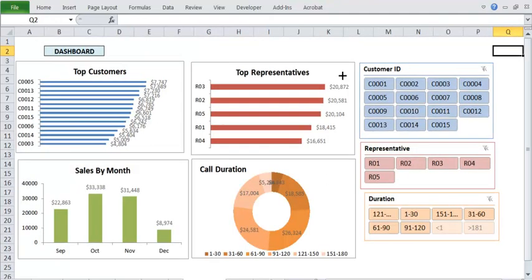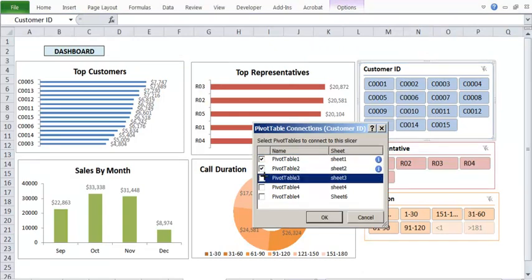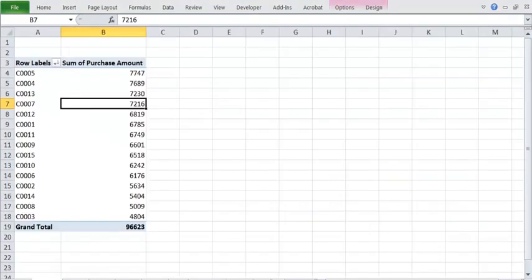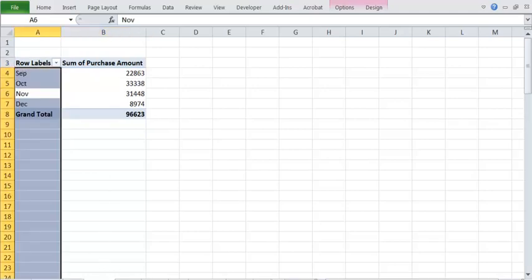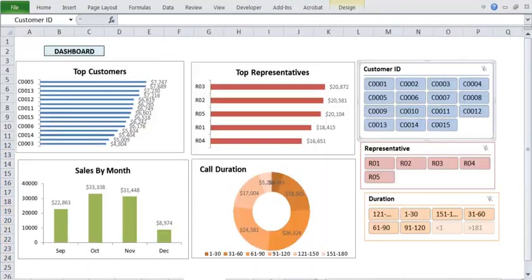What I have done is, in this I have connected all the slicers. See here, this option, pivot table connection, I had connected all this. Okay. Note that because I am using the same data table, that's why we are using the pivot table 1, 2, 3, 4. Right. So for the entire pivot table you have one slicer, for the entire sheet you have one slicer.